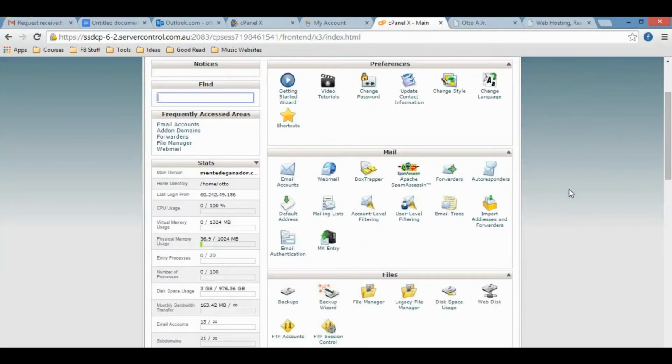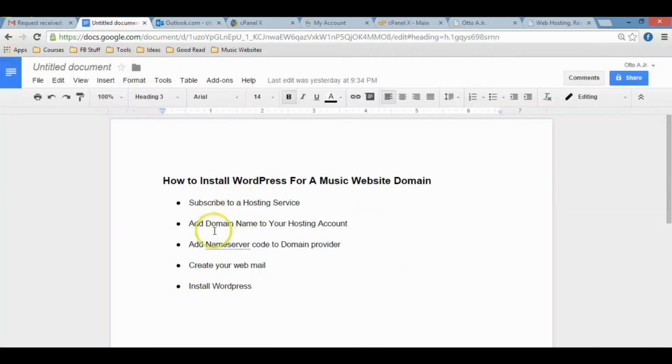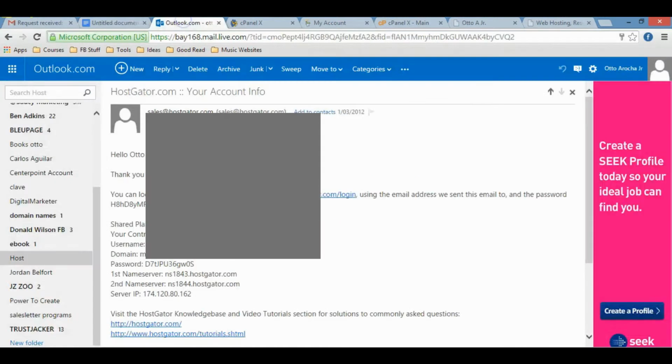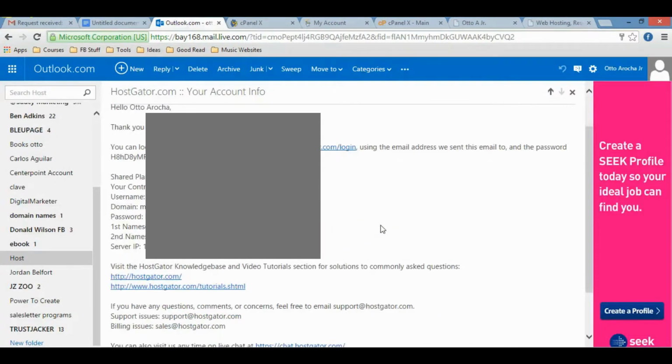And then the next step, right? Very, very simple. So the next step is add name server code to domain provider. All right, if you don't understand what I'm talking about, don't worry about it. It's very, very simple. Now I scroll down a bit,